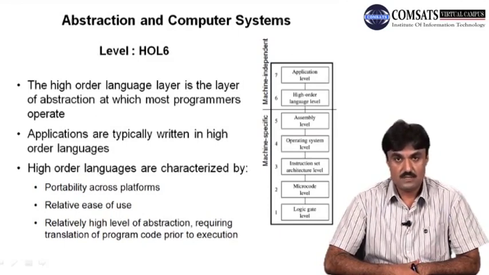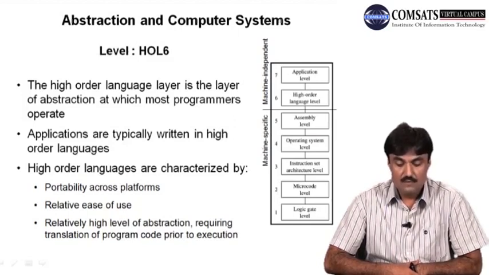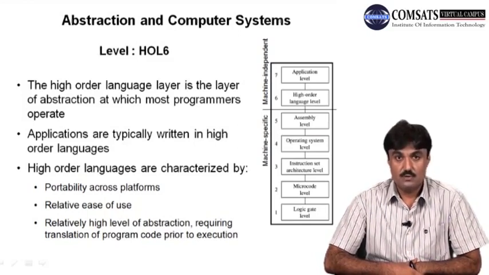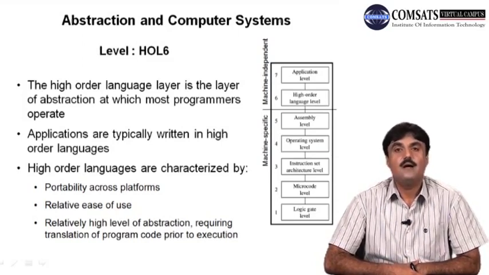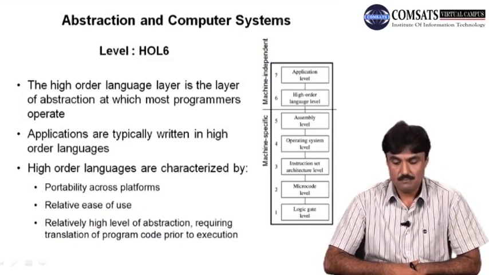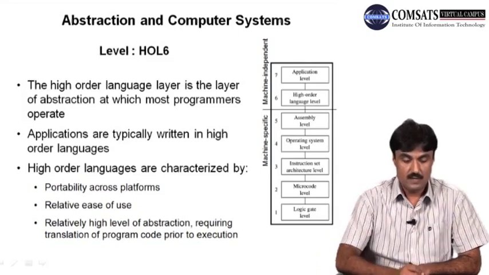They are very easy to understand and easy to program in, and have a relatively high level of abstraction, requiring translation of program code prior to execution. So we know in C we write some statements and we can understand them easily, but we don't know how the compiler converts that program into machine level code or microcode level so that it can be executed